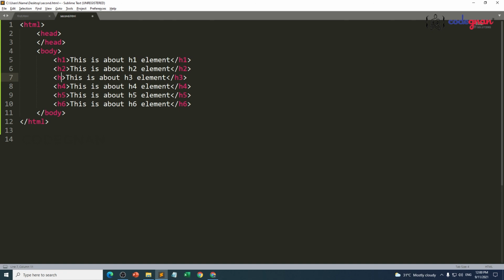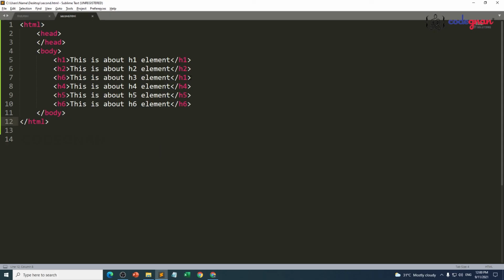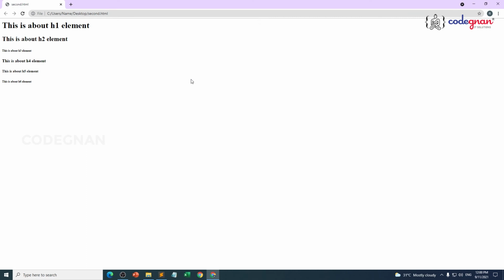If I make this as H6 and if I end this one as H1, then also the content is going to be displayed in the lower format, not in the higher format. There it is. This one matches the same. Coming to the ending point is completely different. So it is absolutely a bad practice, to be frank. If you don't close this element, then also it is absolutely a bad practice. Then also the information will absolutely work.